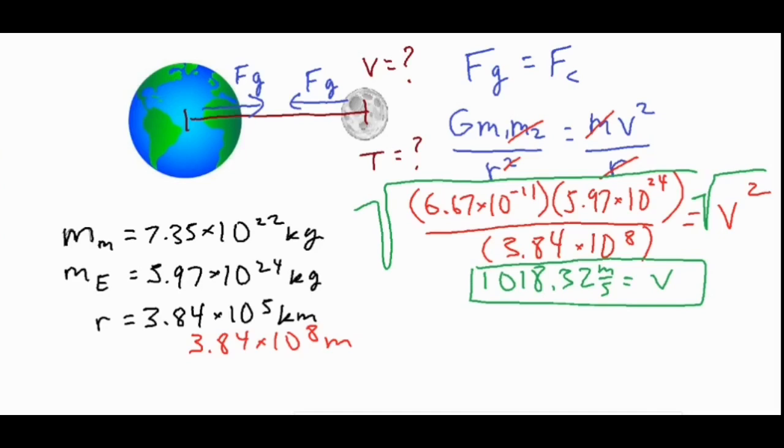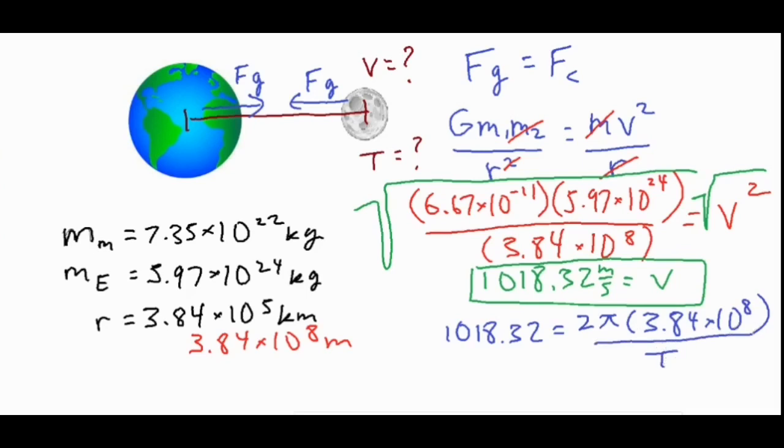Now, second thing we're going to take a look at is we're going to solve for the period of the Moon, so the amount of time it takes to complete its orbit. And the way you do that is you take that velocity and then you set it equal to 2 pi r. And we know our r value, so we can just go ahead and plug it in, 3.84 times 10 to the 8th meters